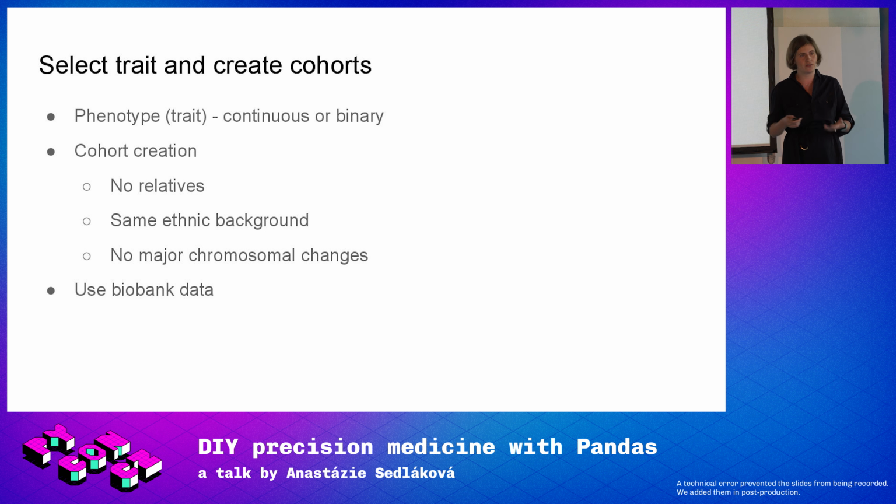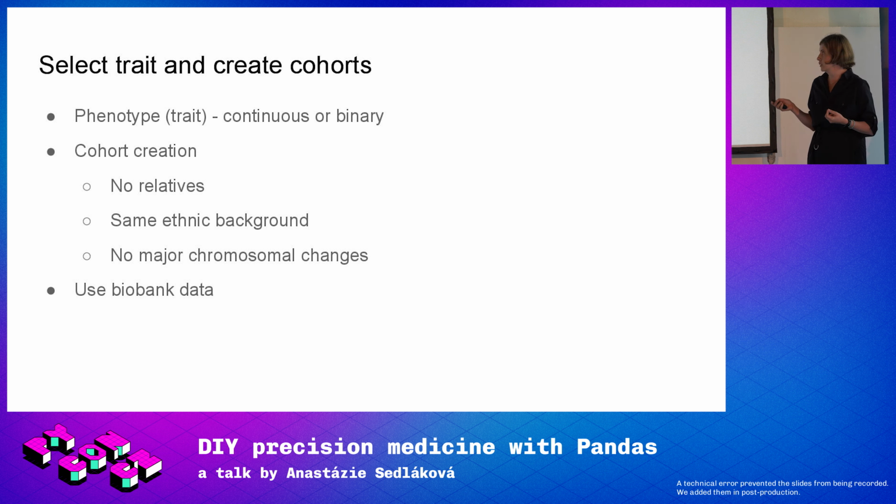So we have 500,000 people whose DNA we can study. However, the data are not open to everyone, so today I will be showing it in the different data. So you have this data, now you need to define what you are searching for, what phenotype, what trait, and